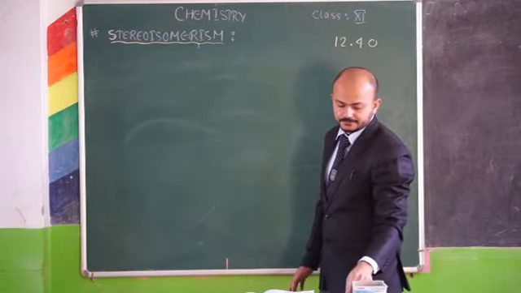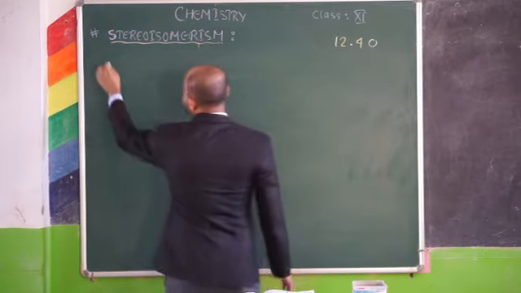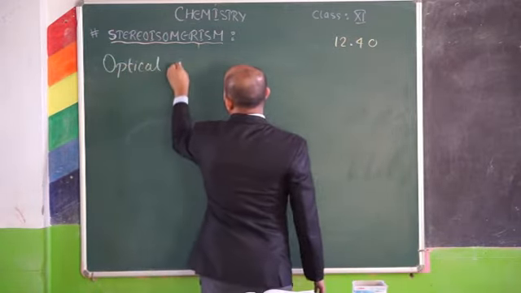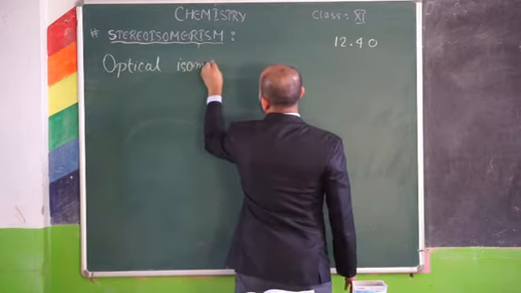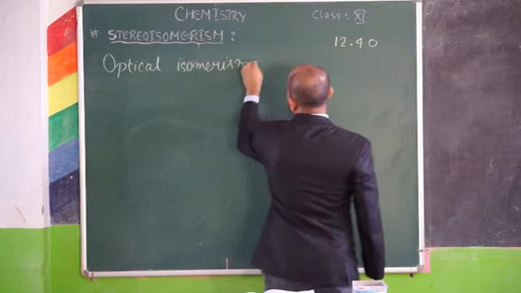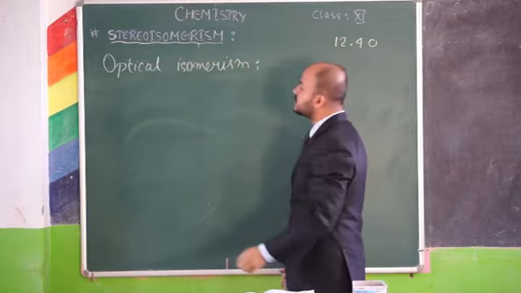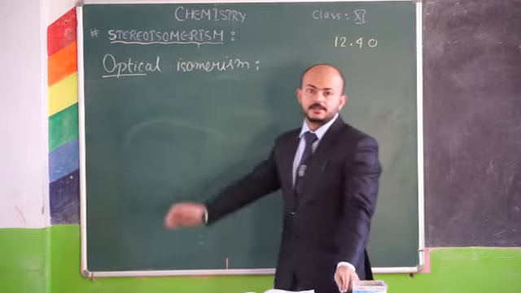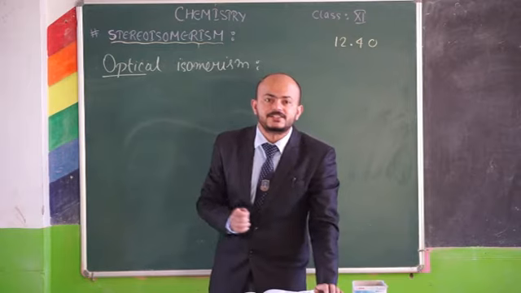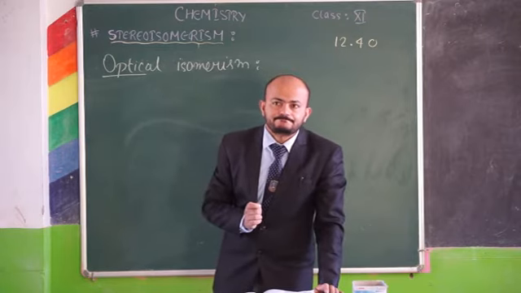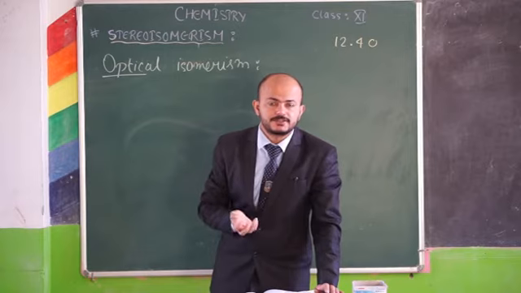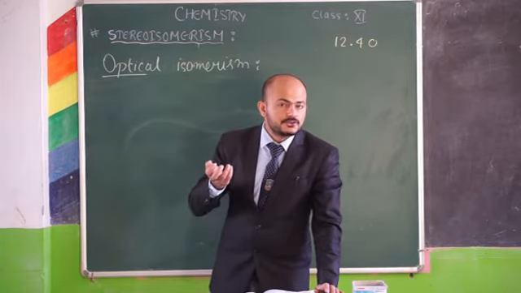Optical isomerism. Now the term itself tells us optics. Optics means this is related to what? Light. So optical isomers. Before understanding what is optical isomerism, we have to know that they are about monochromatic